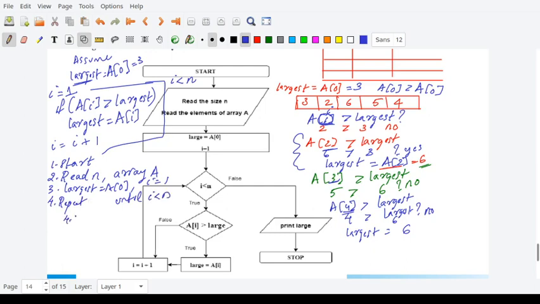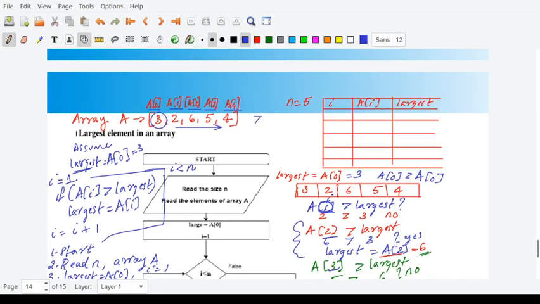What is the step? 4.1 is if A of I greater than largest, then largest is equal to A of I. And whether the condition is satisfied or not, you will have to increase I is equal to I plus 1. So you will repeat 4.1 and 4.2 until I less than n, and once you exit from the loop, you will print the largest number and stop. So this is our algorithm.